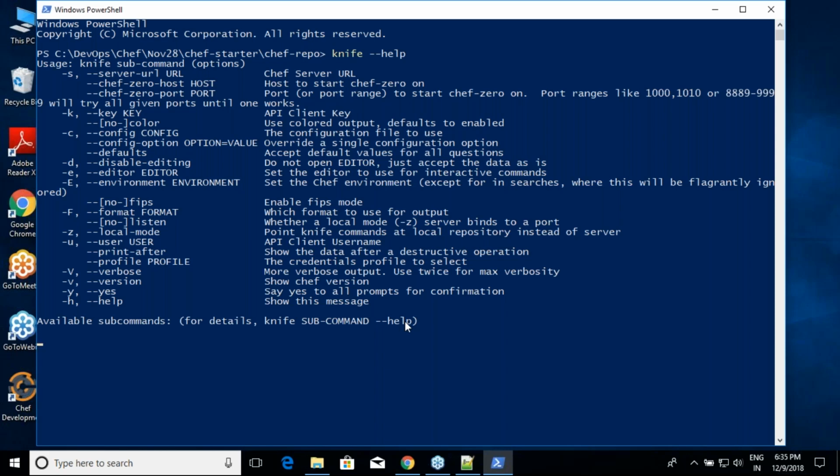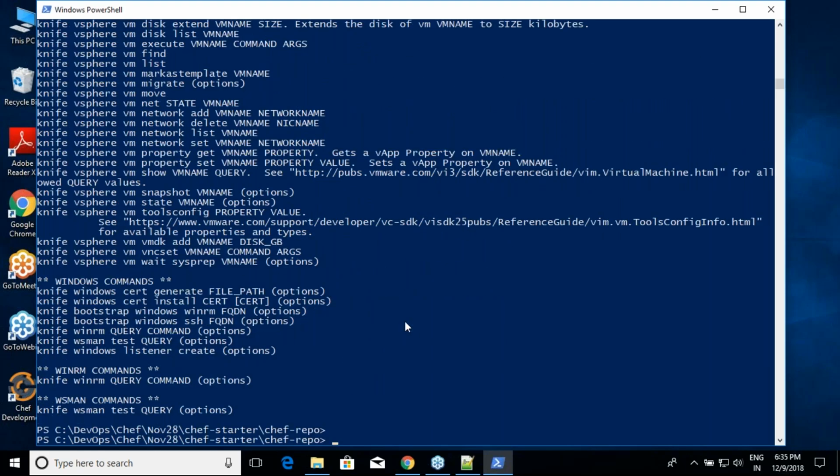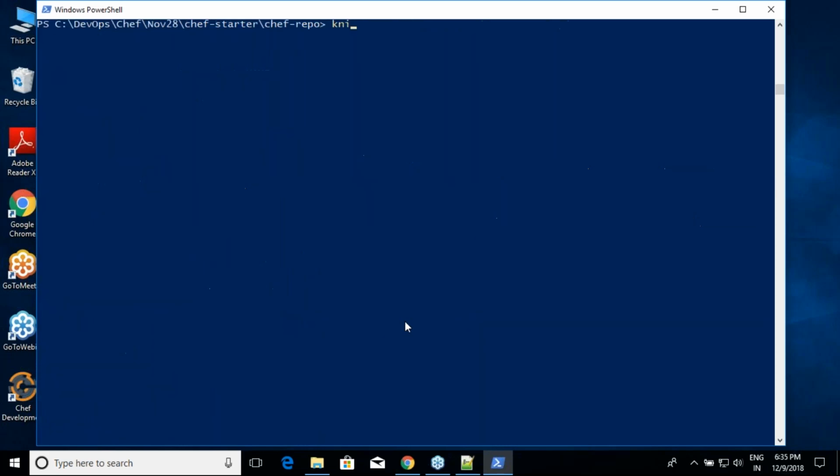If you remember, we have already executed one subcommand called knife bootstrap. Those are all the subcommands, and there is no way on earth that you are going to remember everything. That's why I always use this option. So what am I interested in right now? Knife node --. My subcommand is node, and I'm trying to see what the possibilities are in node.